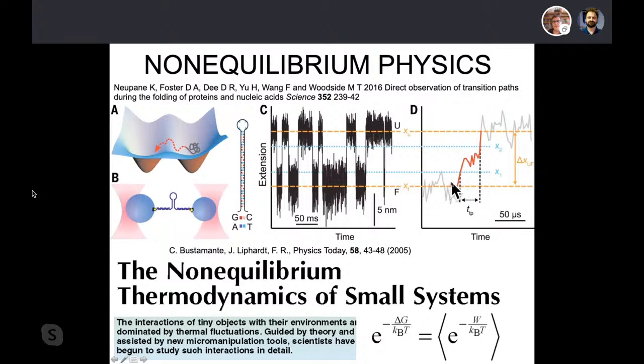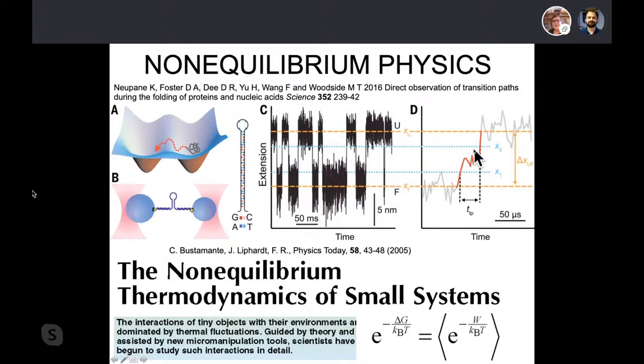opens, so that would be the force rip that we saw before, but in this kind of experiment you can see that even when you cross the transition barriers, the molecule goes back and forth. So it's not a deterministic motion, of course, it's stochastic, but you see advection, of course, because you see a net transition from, in this case, the folded state to the unfolded state, but you also see these back transitions backwards. So this is typical of a diffusive process.